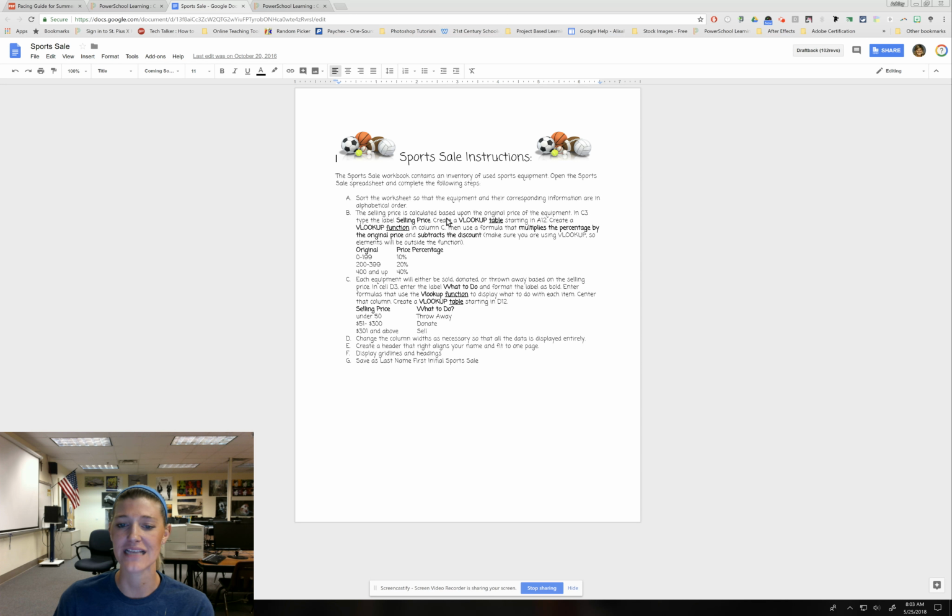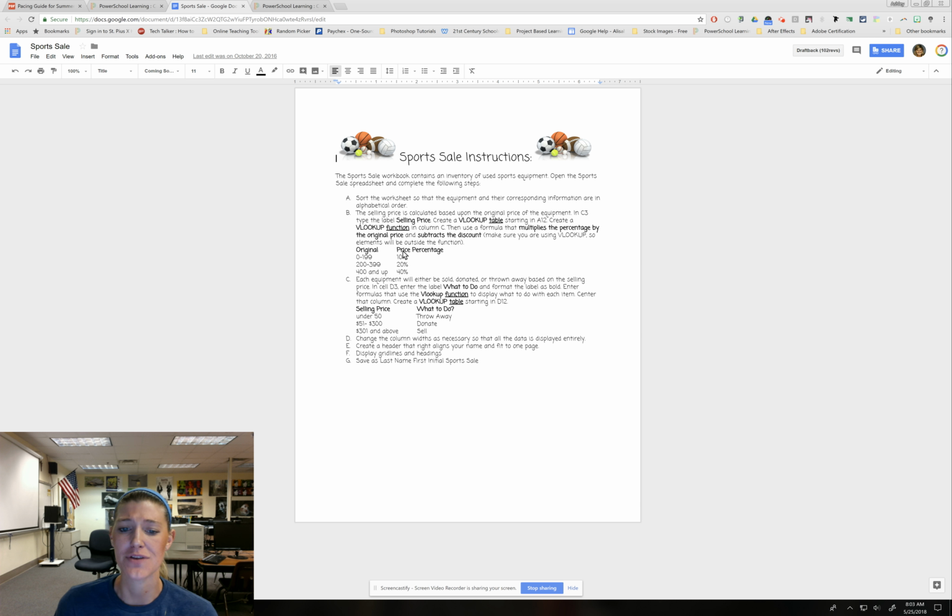Then to calculate the selling price, you're going to use the VLOOKUP, and you're going to put the following VLOOKUP table into your spreadsheet. And remember the rules that apply for the left column. Then use your VLOOKUP function to calculate what price percentage you get. Okay, that's the first step. Then you have to do an additional 2 steps in the same formula. It's not in the VLOOKUP function, it's outside of it, but it's one long function using order of